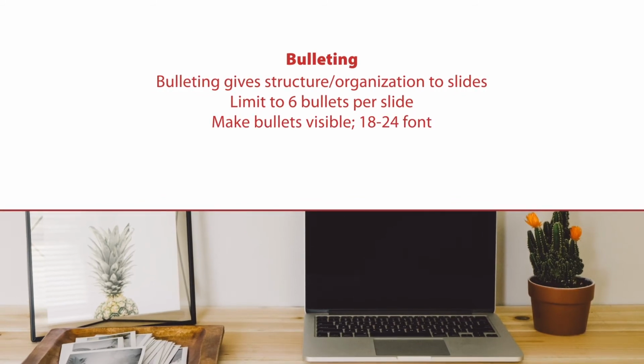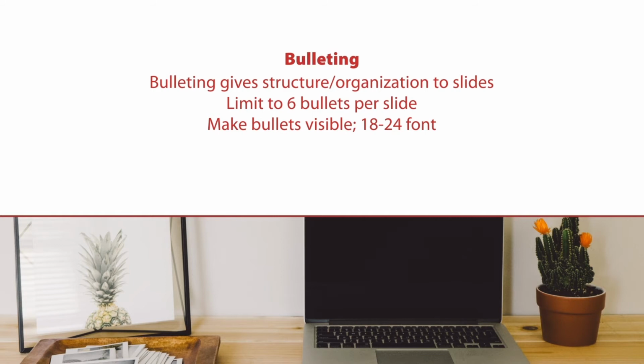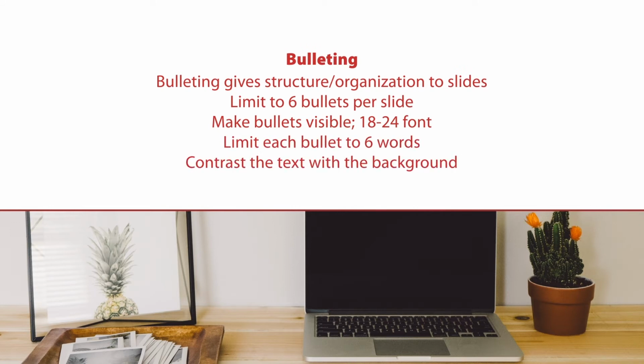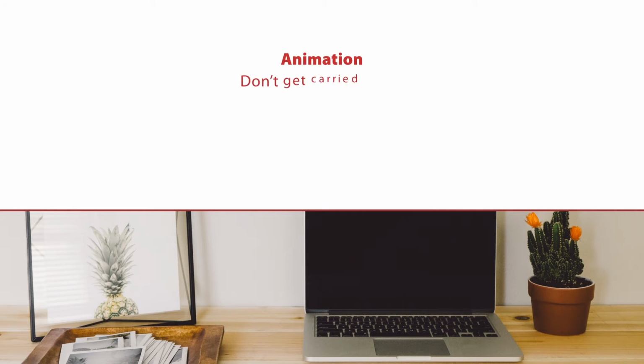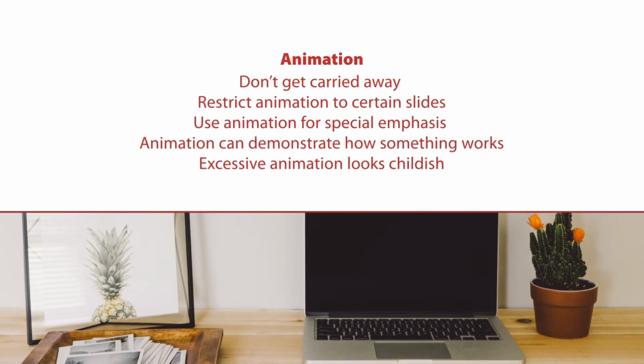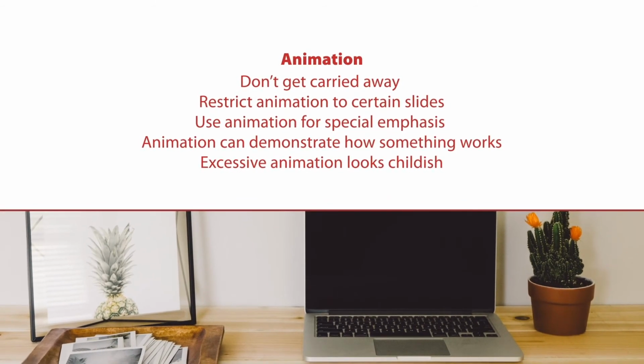18 to 24 is the standard size as far as the running text is concerned, and the heading has to be somewhere around 40 font. So limit each bullet to 6 words. Contrast the text with the background, and as for animation, don't get carried away. Restrict animations to certain slides. Animation can demonstrate how something works. But excessive animation is a childish approach, which needs to be eliminated. So apply sound effects